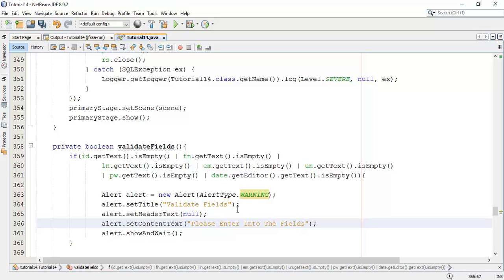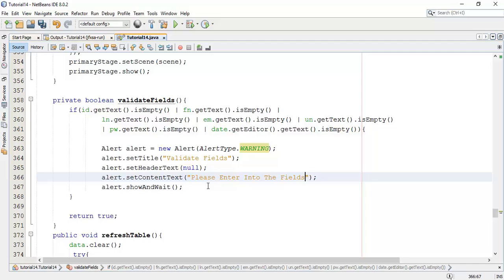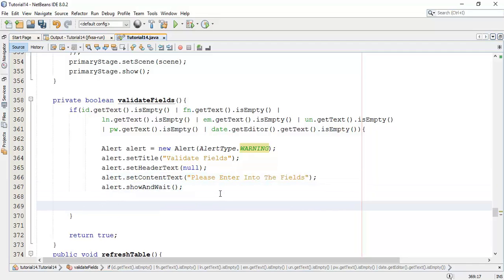So whenever any field is empty, it will show the message please enter into the fields. And I'm going to add a return statement. So return false, and when it passes the false, whenever the fields are empty, it will not save the new user.